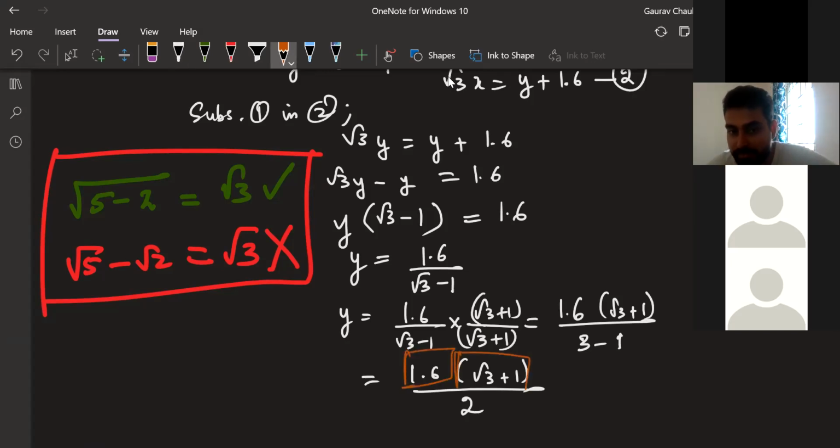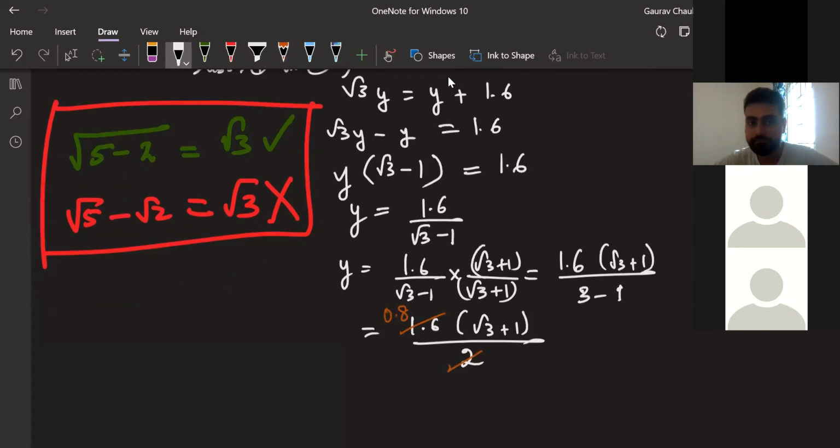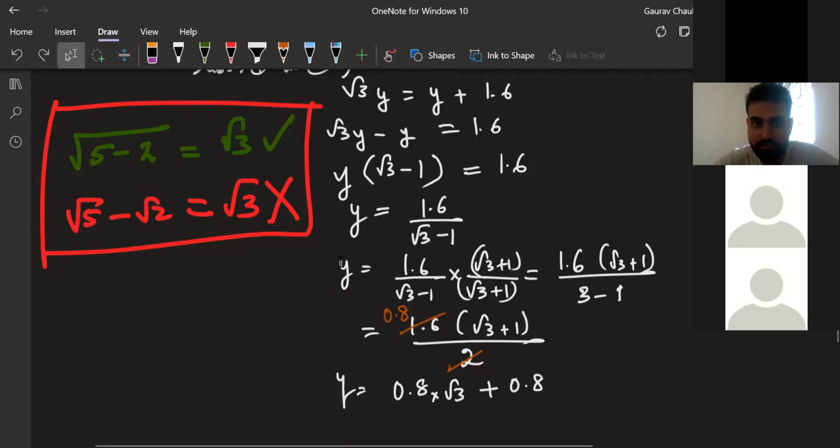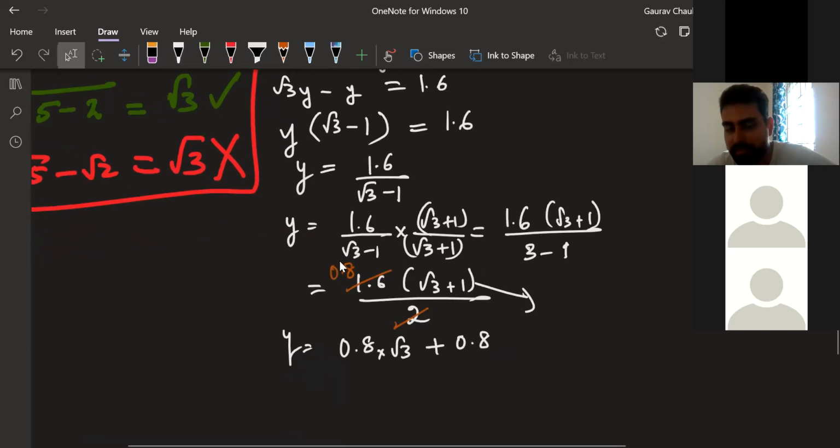So 2 divided by 1.6, very good. This is multiplied by this whole thing, so I can cancel it. I really like how you justified this. So I'll cancel this off. What do I get? Sir, we'll get 0.8 into root 3 plus 1. Very good. Sir, we'll open up the bracket, sir. So we'll get 0.8 root 3 into root 3 plus 0.8, sir. Okay. So we'll replace the root 3 value, sir. All right. You can do that also, Dinesh. You're right. And otherwise, I could have gone directly from here. I would have got 0. Okay, let me just finish this off.